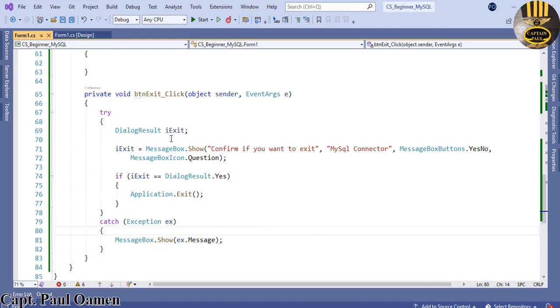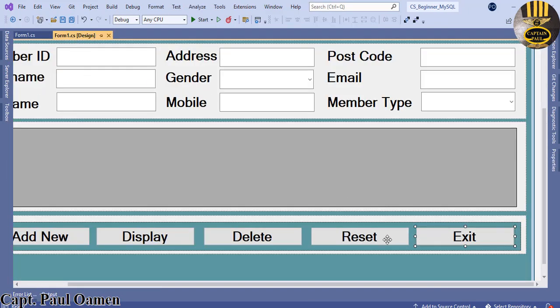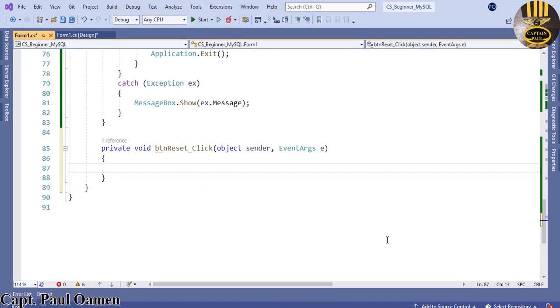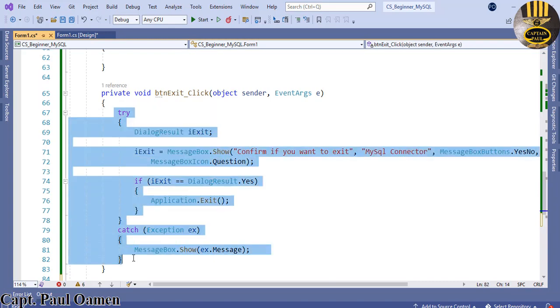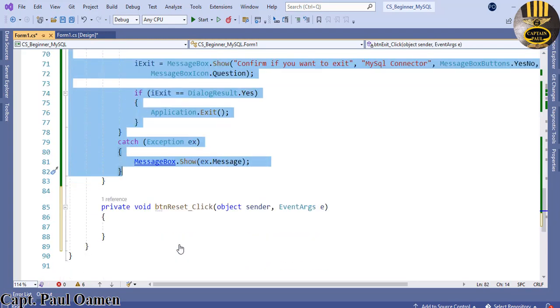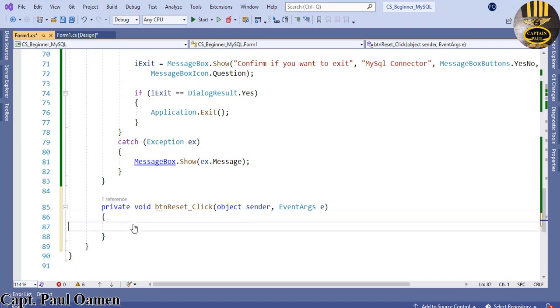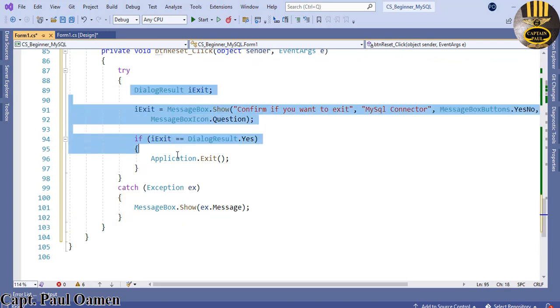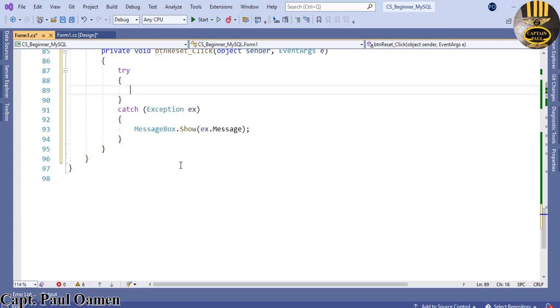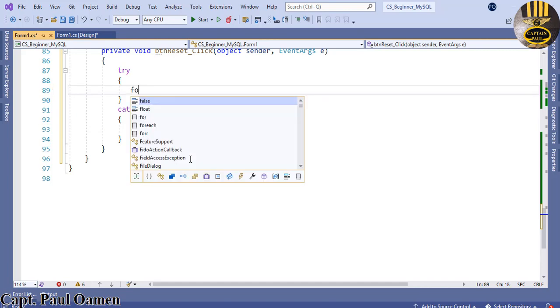Okay, that's the first part of it taken care of. Let's take care of reset. Double click on the reset. Okay, in the case of reset, I'm also going to use the try catch as well. We can just copy that and delete whatever we don't need. So paste that right in here, and come right down here. You see all of these, I'm going to get rid of them because I intend to use a foreach statement. So let's say foreach,